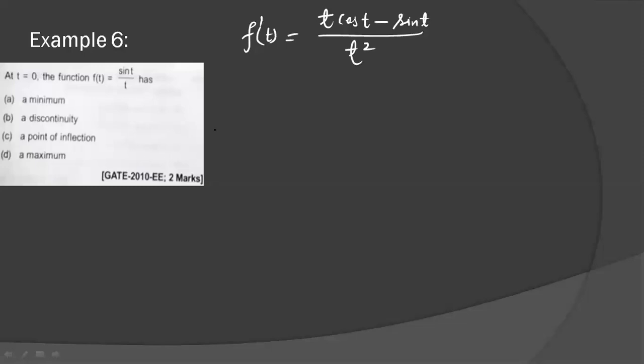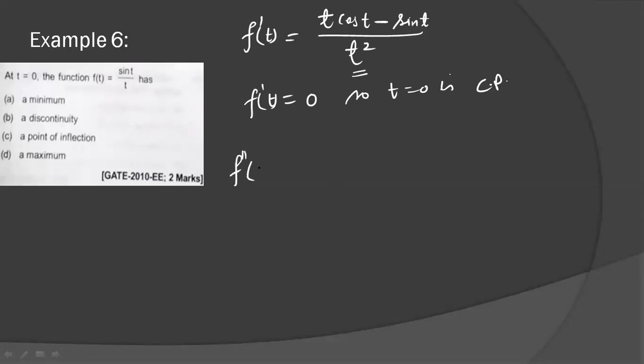As given to you, t equal to 0 is a critical point, and another way is that f dash t equal to 0, or it is not defined at t equal to 0. So t equal to 0 is a critical point here. It is not defined at t equal to 0. You can see here. But this is defined at t equal to 0, a 0 by 0 case, the limiting case is defined. The value of the function is not given here. So t equal to 0 is a critical point here.